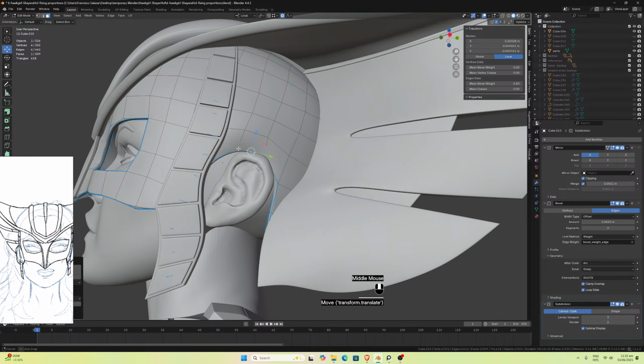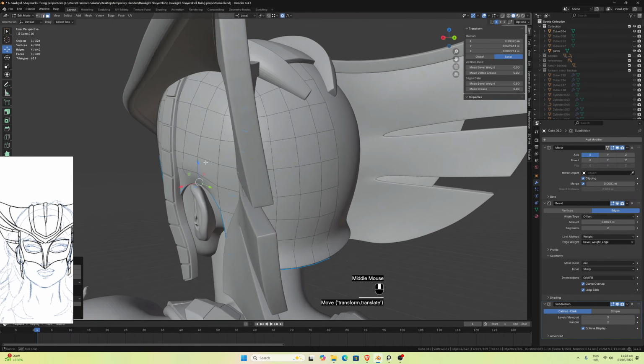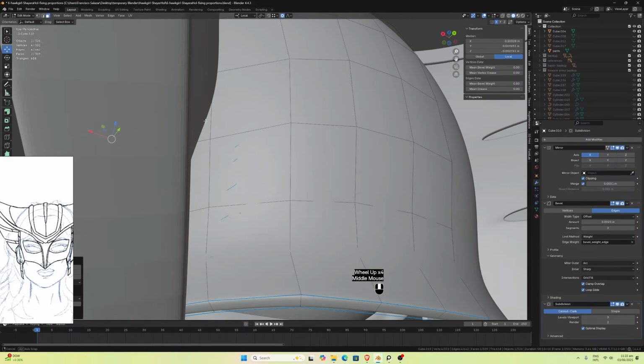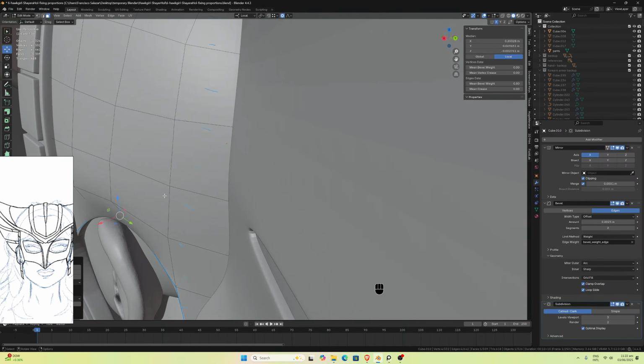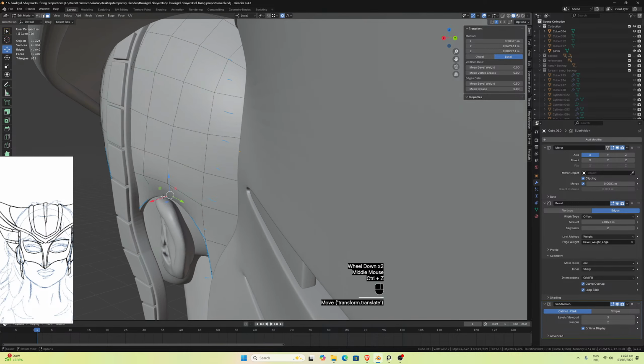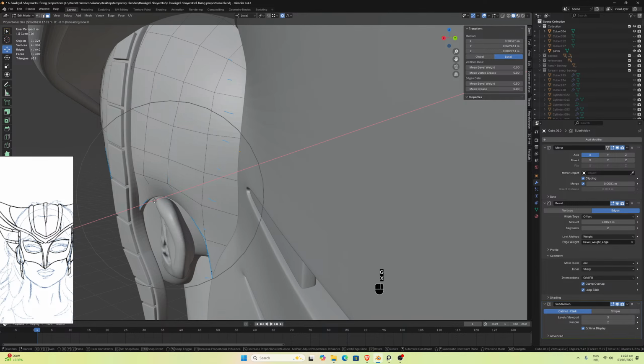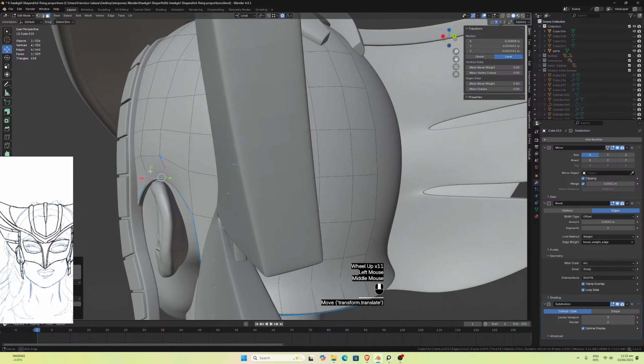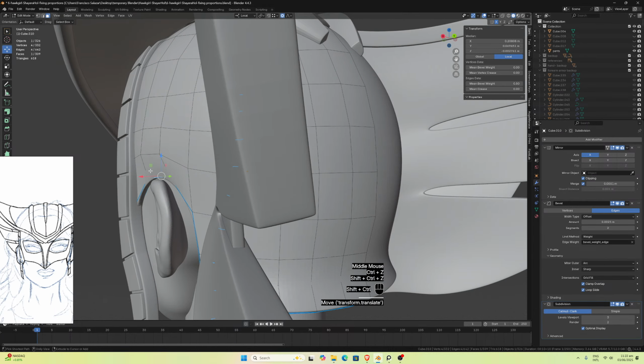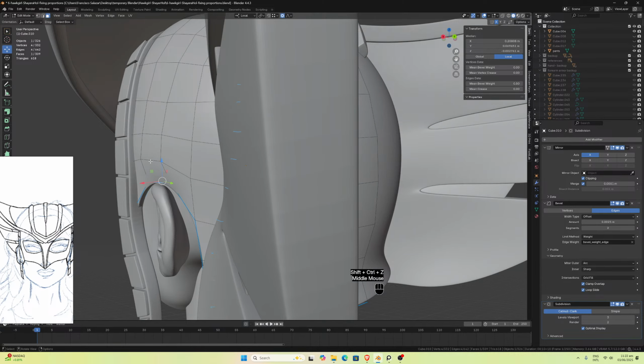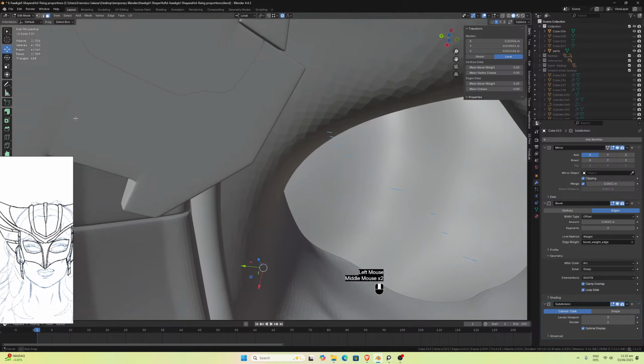This part here. Like this. Maybe not too much. If I want to move it here, I'm just going to do it like that. This part,